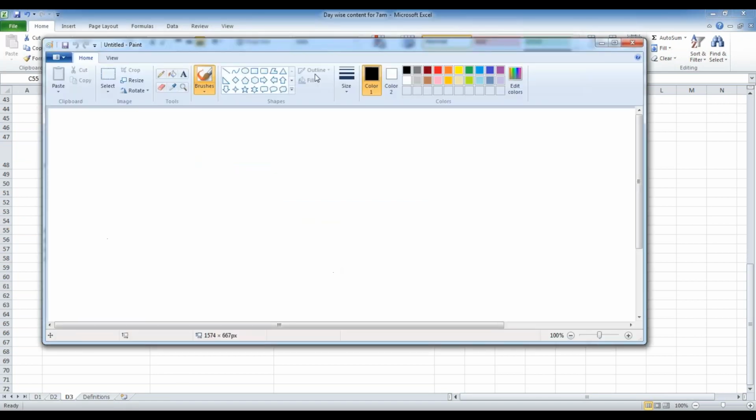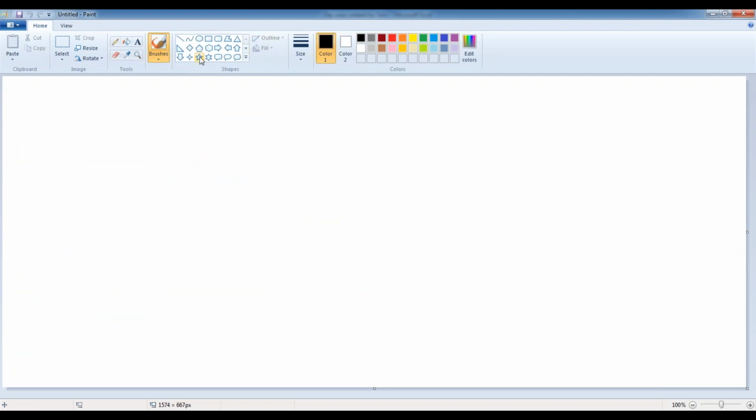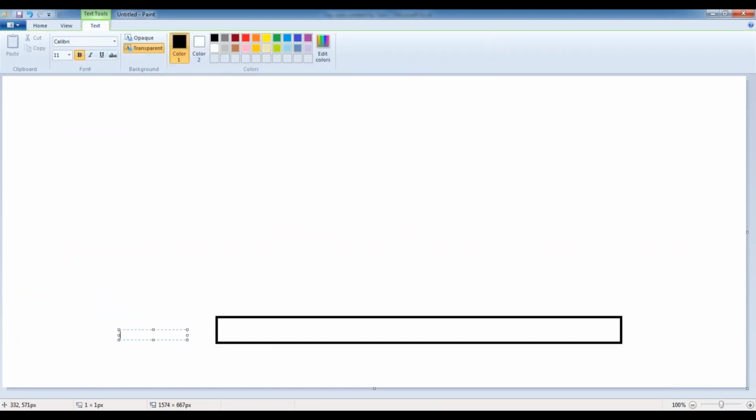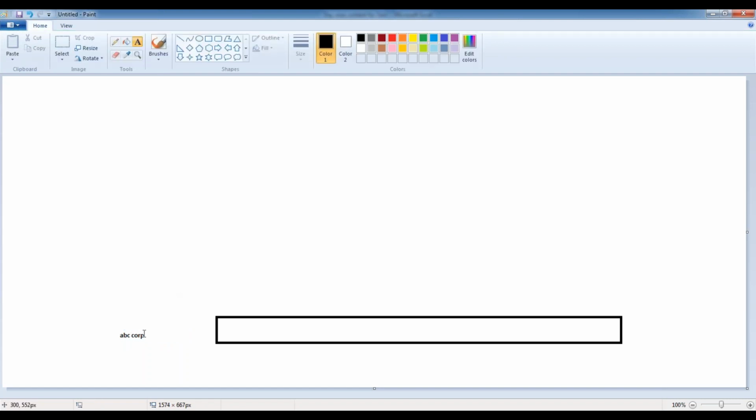Let's say there is one organization, some ABC Corporation. ABC Corporation is my organization, and this organization wants to build 2 applications in Pega.